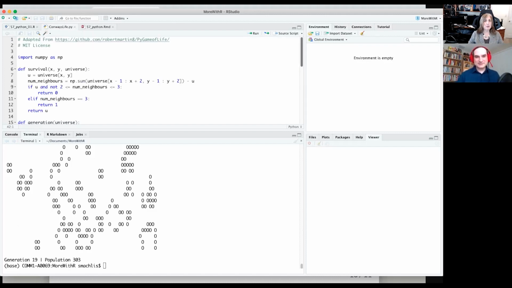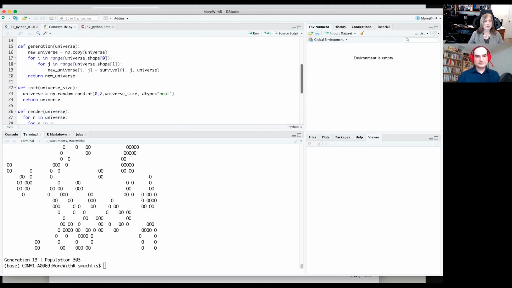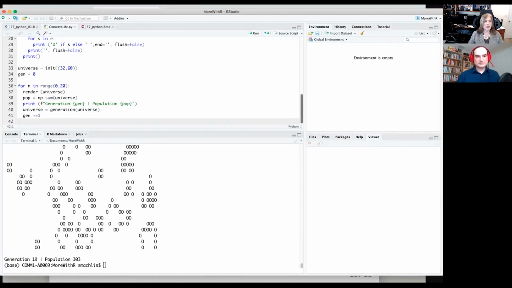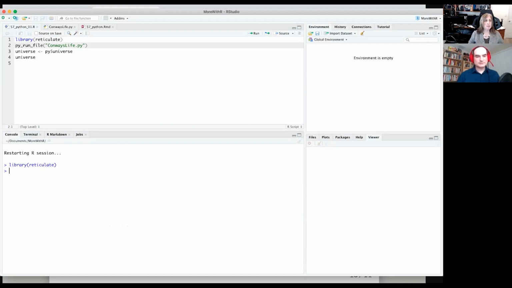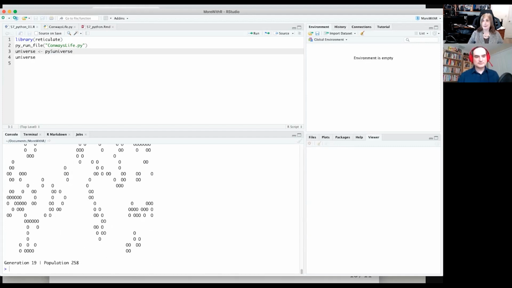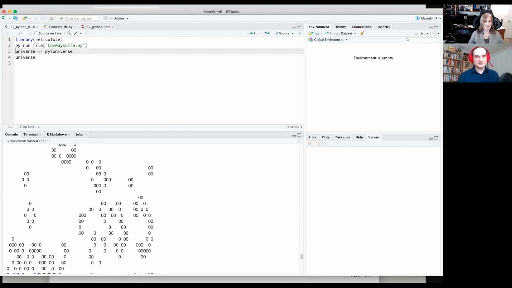Okay, so here is your code. We've got here where you're using the NumPy library, and then your functions, and then running it. But now, instead of running it in the terminal, we can actually run it within RStudio. So I would do that. I'd load my reticulate library, and now I'm going to use this py_run_file command. And now I am actually using parentheses and the quotation marks because that's our syntax. And it seems to have done the same thing here.